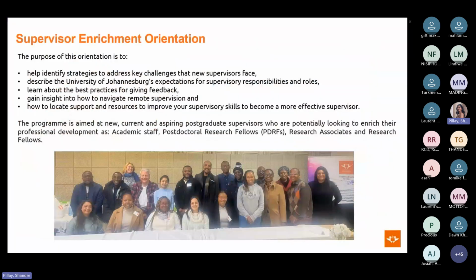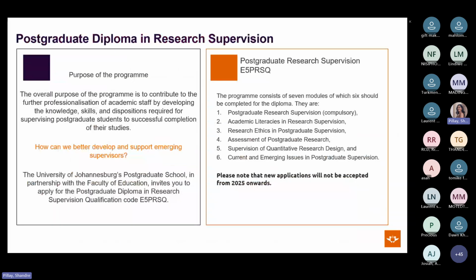The supervisor orientation is designed to help supervisors identify strategies to address key challenges that they face, whilst providing them with the university's expectations for supervisory responsibilities and tips on how to locate support and resources to become a more effective supervisor. The Postgraduate Diploma in Research Supervision is an accredited NQF Level 8 program worth 120 credits. The program consists of 6 modules to be completed for the diploma.